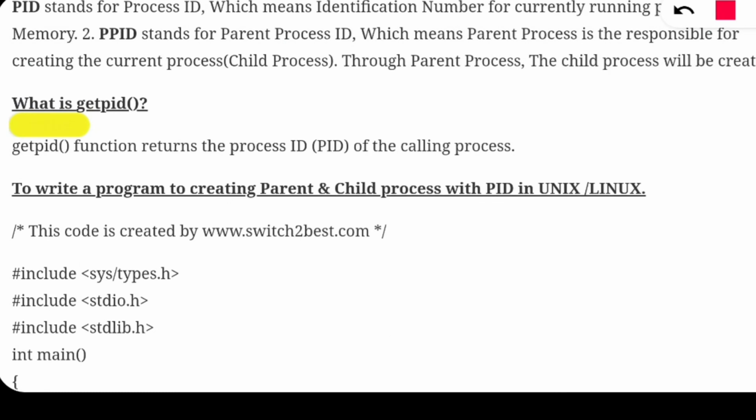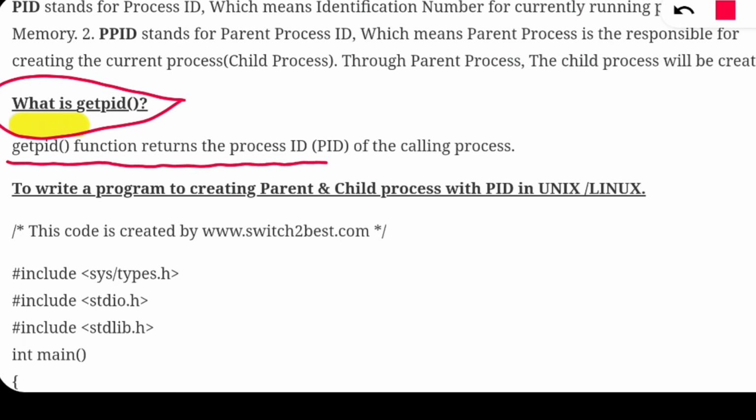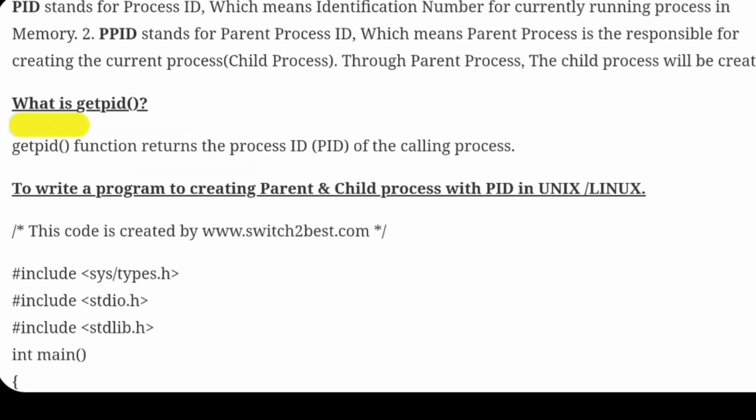Another important function is getpid. I have already told you getpid returns the process ID of the calling process. If you want to know the process ID of a particular process, you just need to use this getpid function. Let's see an example of this parent-child